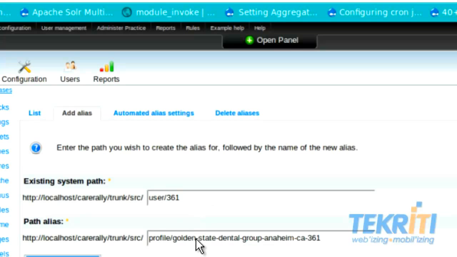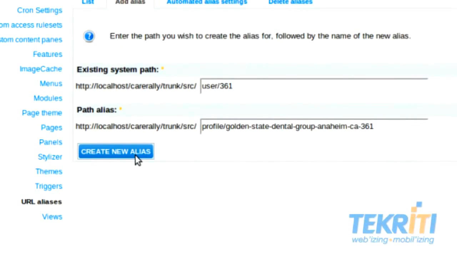In path alias, type the alternative path of the URL through which the data of that web page can be accessed. For example, if you type about in the URL, then the web page should contain the content about the page. One thing to keep in mind is to never add a trailing slash, otherwise the URL alias won't work. Now click on Create New Alias.